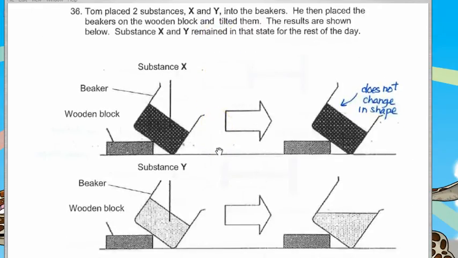Now Tom placed two substances, X and Y, into a beaker. The arrow here means this is before, this is after. First one, substance X over here, you tilt it, and after that the shape still remains the same. But for this substance Y, you tilt it from the beaker, the water level or the shape changes,